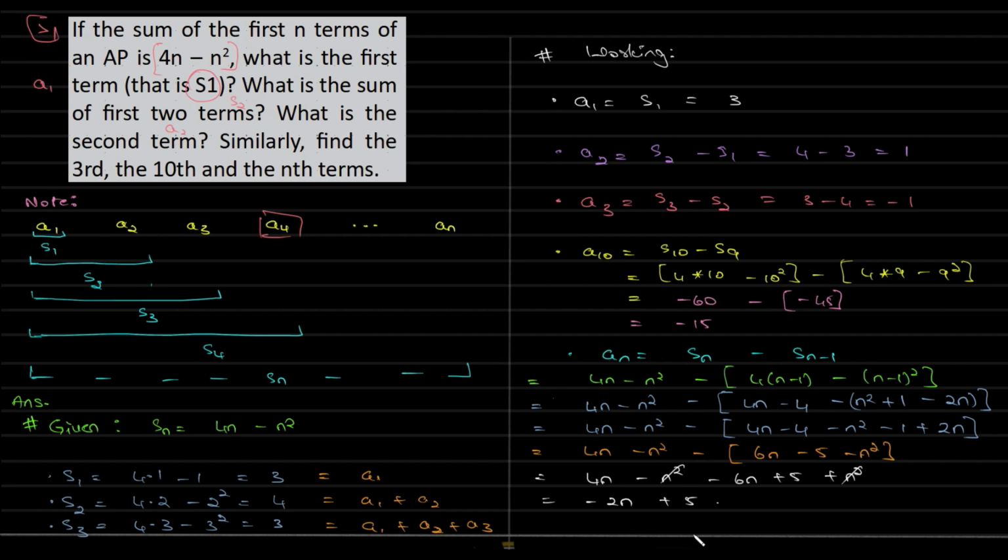Again, all this would have been easy if I just got d over here, and all this would have been a lot easier calculation, but the question specifies that we need to make use of this concept so as to show you guys that yes, we can find any term if I know the expression for Sn, right? The idea is that. So please understand that they want to make you understand the idea, not to solve fast. But yes, if you want to solve fast, all you have to do is find A1, A2, find D, and you can go back to your old method and find everything else. Okay, so